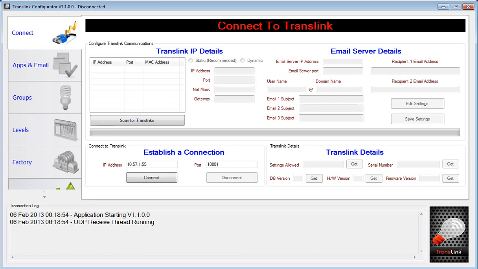Hello and welcome. This is a quick overview and rundown of how the Translink Configurator program works. This program is generally used when the installer installs the product at the customer's site. They use this to set the IP address for the customer's network and to load in the CBus group address